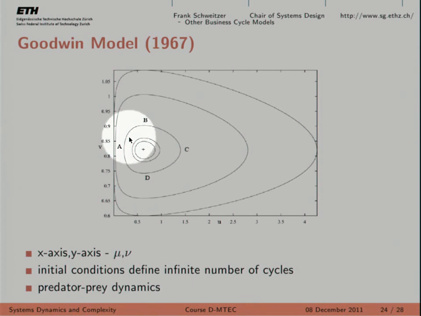So that's what the center means. And this is nothing else but a business cycle, right? Look, on the x-axis we have mu, on the y-axis we have v. So what happens is the share of output which goes to employment and the employment rate fluctuate. That's another way to quantify a business cycle. Instead of looking at output, how output oscillates, you can just look at employment rate and